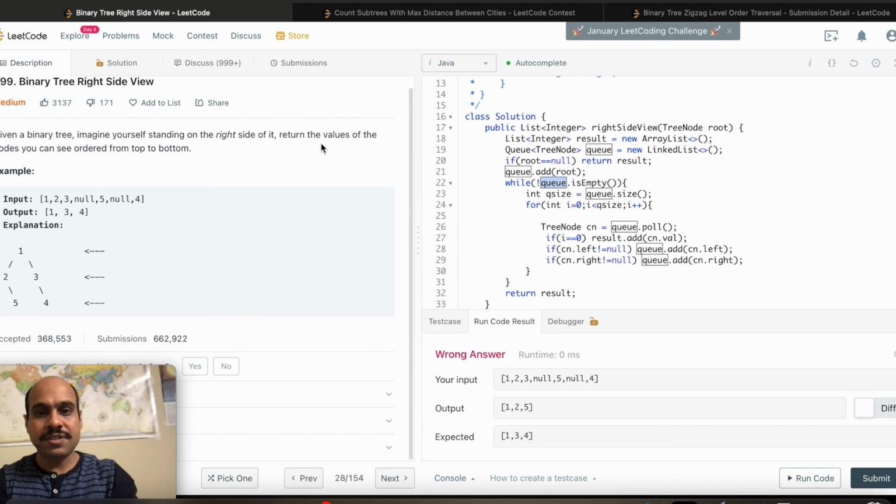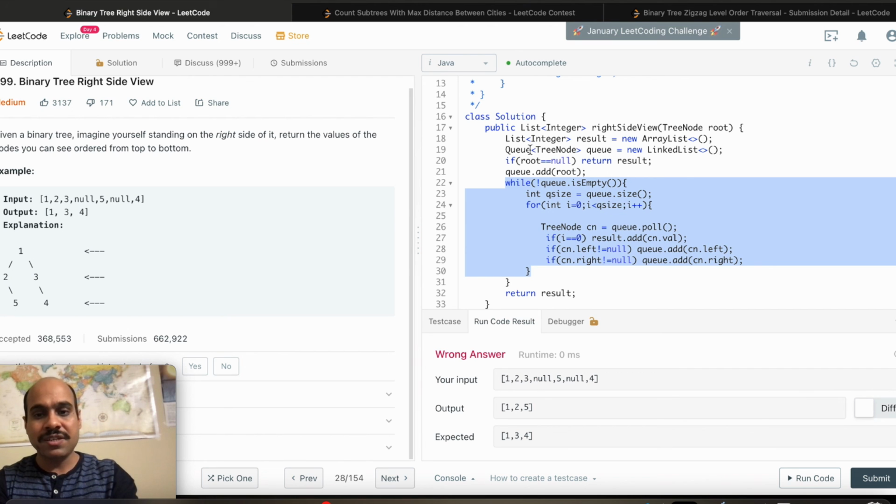Okay, so let's discuss time and space complexity of this problem. Time complexity is because of this loop which we are running, and it will be run for all the elements of the tree, because this queue is getting added with all the nodes here. So if there are n nodes in a tree, the time complexity would be order of n.